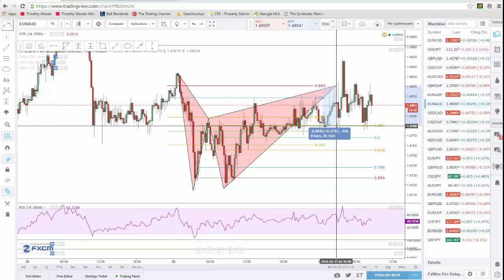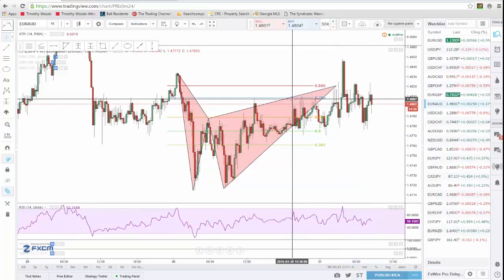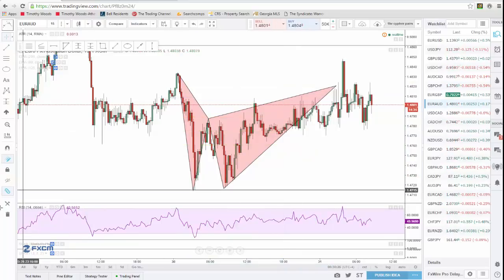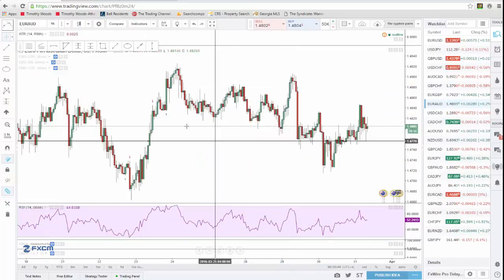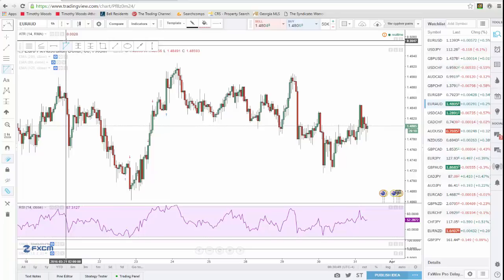So that was a pretty good trade earlier today. And if I zoom back out to the hourly chart, you will see a couple of other advanced patterns. Here on the 1 hour, I can see two different advanced patterns setting up, and I will give you a second to see if you can spot them.